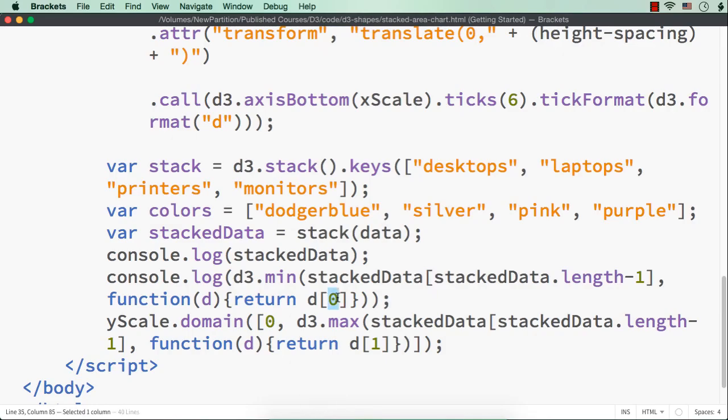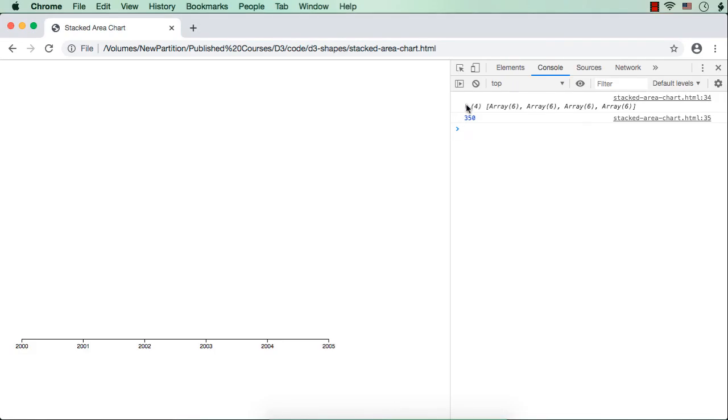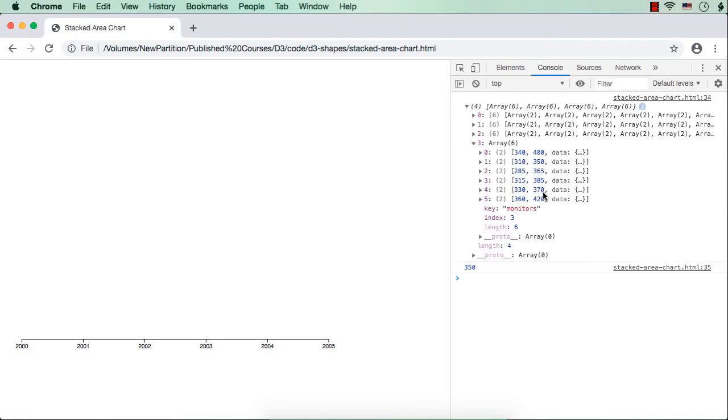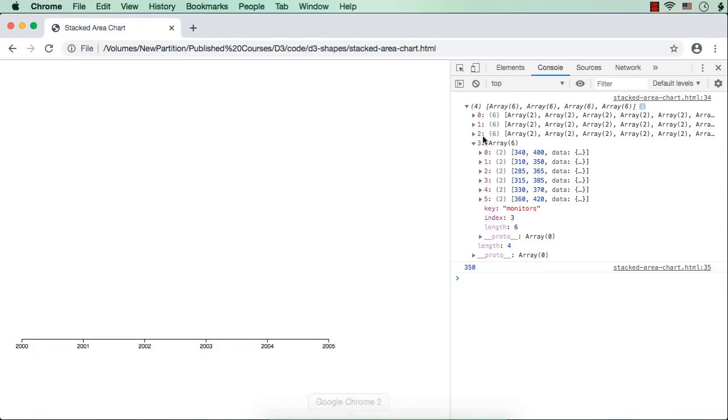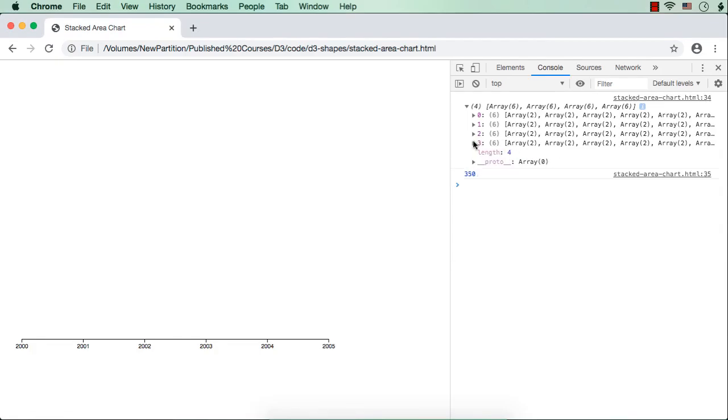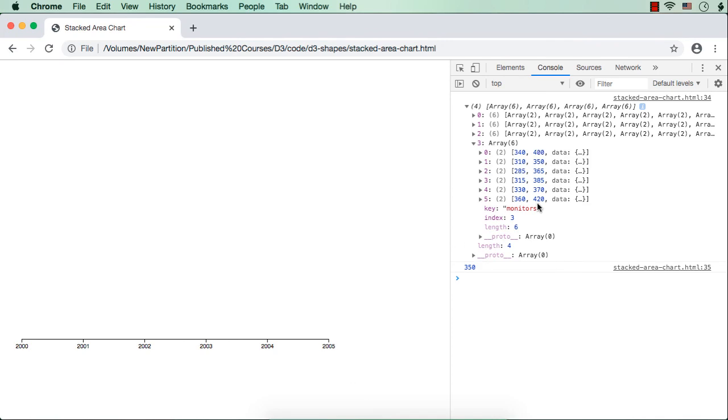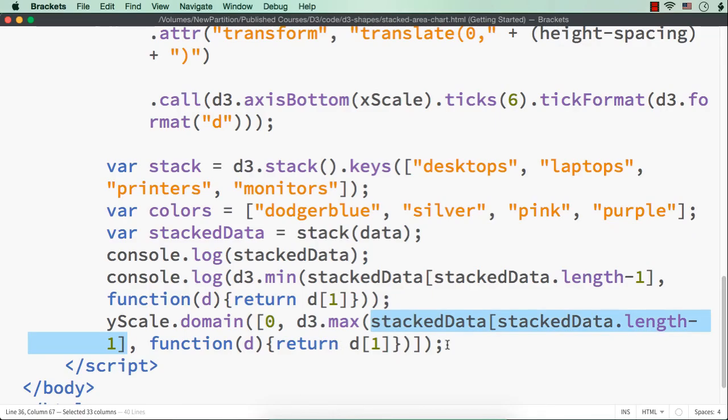And if I specify d[1], that is d3.min of d[1], what will be the value? It is showing 350. Let's see. See, from this list, 400, 350, 350 is the smallest. Then 365, again 350, 385, 350. From this list, 350 is the minimum. So we have used the d3.max function itself, but the data we have passed is the last array from the stack's returned data. That is this array. And from this we need to get, so we have specified return d[1]. It is a bit complicated, but hope you understand why I have specified it like this.